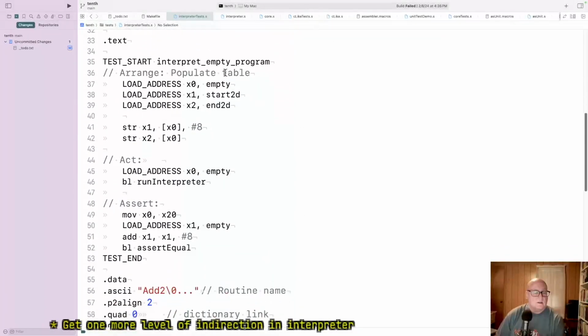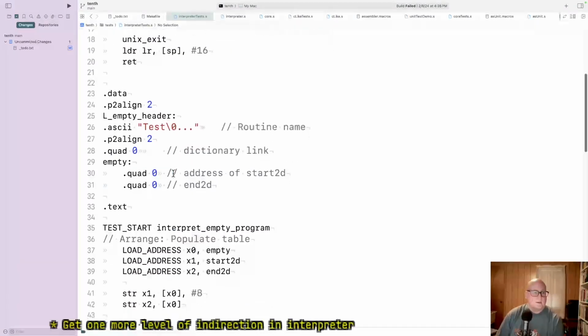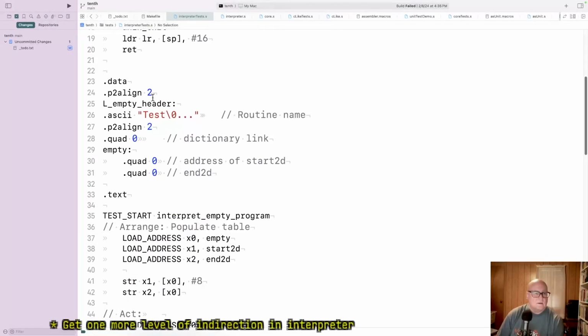Okay. Interpret empty. Yeah. What's weird to me? Okay. Even there, end2D. Now start2D is okay because we're jumping to that. We're calling a run interpreter. Is that going to be right? No, it's not. Okay. Well, this was us playing around. The address of start2D, the address of end2D. Okay, but I think